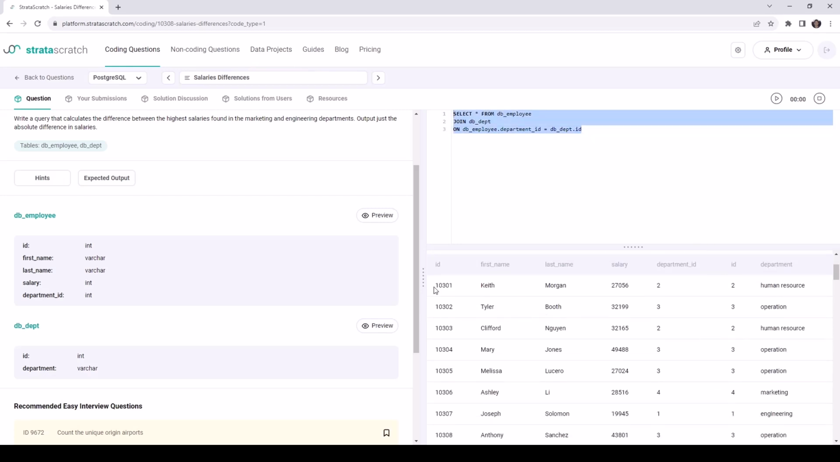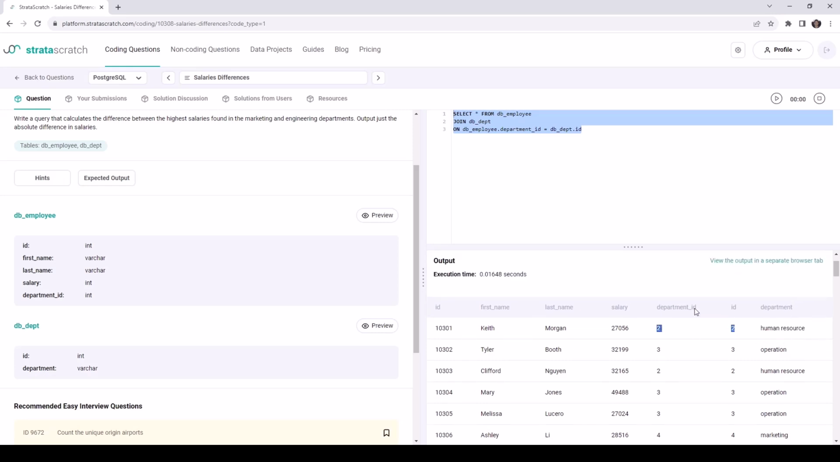It's exactly what we had in our example. We have all of our information from the first table, and we appended all of our information from the department table, wherever these two were equal to each other. Department ID equal to ID. And this makes this question